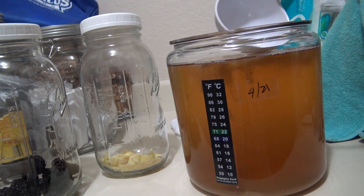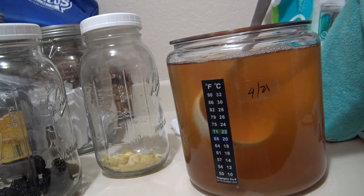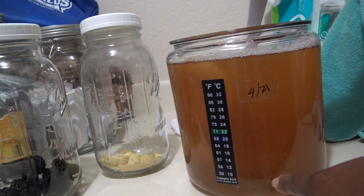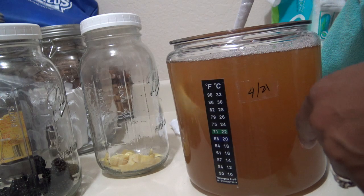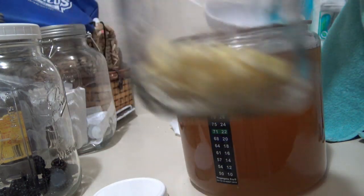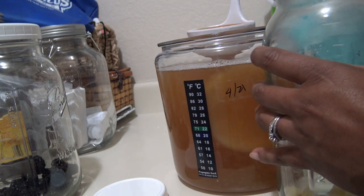Is kind of push this guy to the side. I'm using a clean ladle here. I want to get past him, and you can take it out like I said, but I'm not going to do that. I'm just going to swirl this around, get all that stuff at the bottom into our stuff here. I know I didn't want to mess with my SCOBY that much, but oh well. And look at all that fizz. And so all I'm going to do is just ladle this in